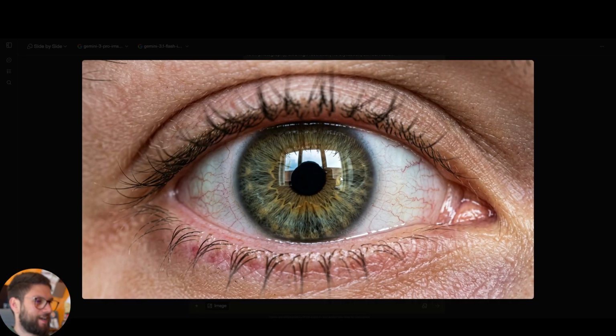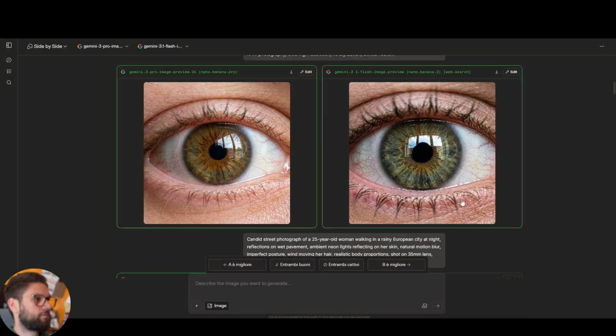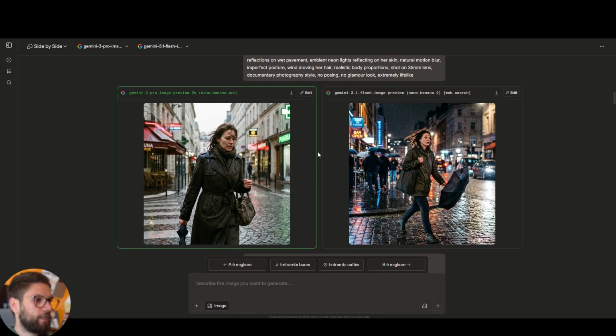Again, scary that the window in my house is pretty much the same. But as we can see here, the eyebrows are a little bit more accentuated. Here we have the blood vessels of the eyes, maybe a little bit too much, I don't know. And the skin texture, I like it a little bit better. So both generations are great. So macro of an eye, nailed it. We move on into